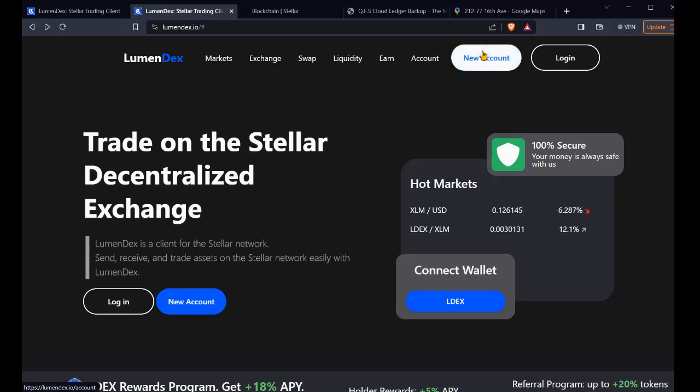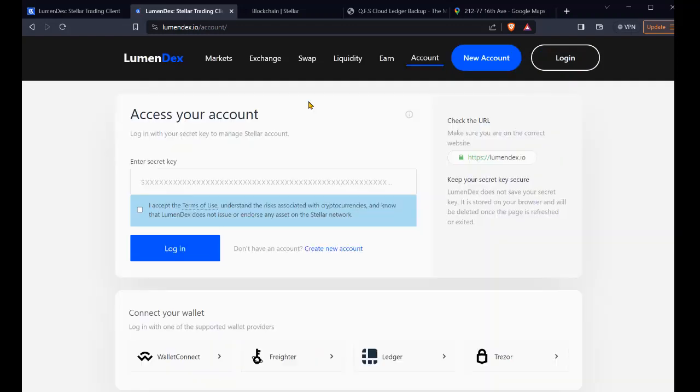Whereas on the real website, it would take me through to the markets, it would take me to the exchange, it would take me through to the swap. Same with liquidity, earn, account. The only time it changes is when I go to new account or to login, but see, it doesn't change. Why is that? So if I want to open a new account,